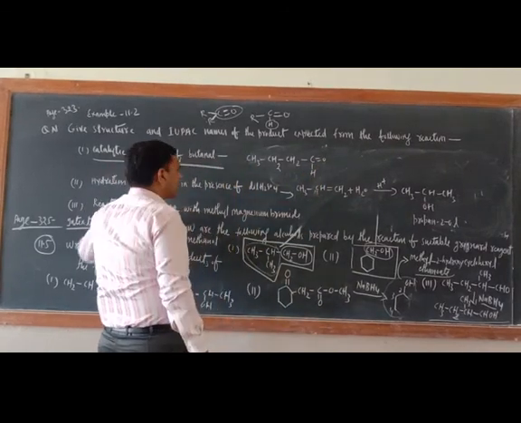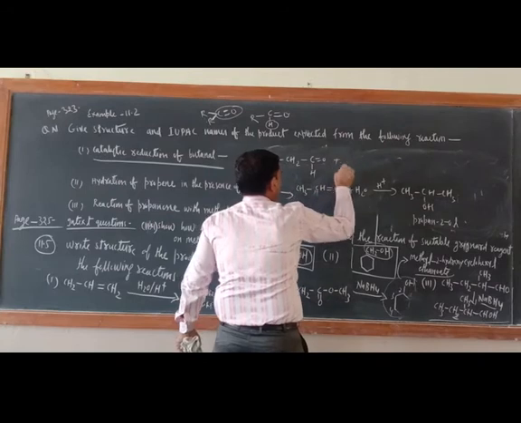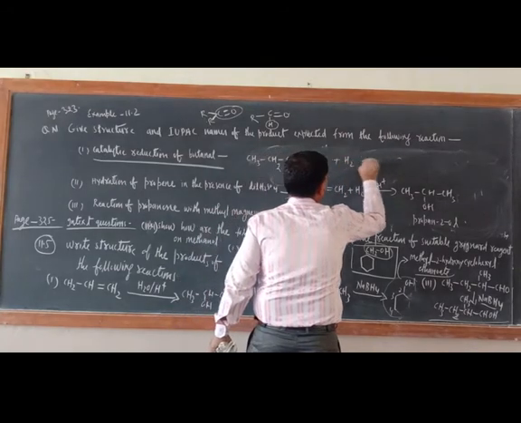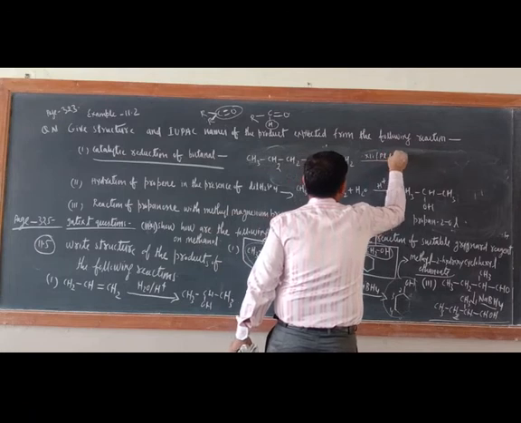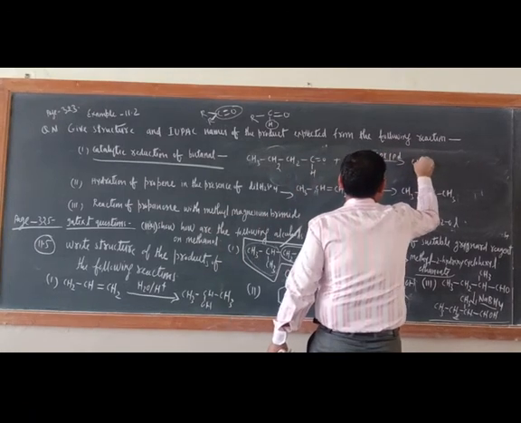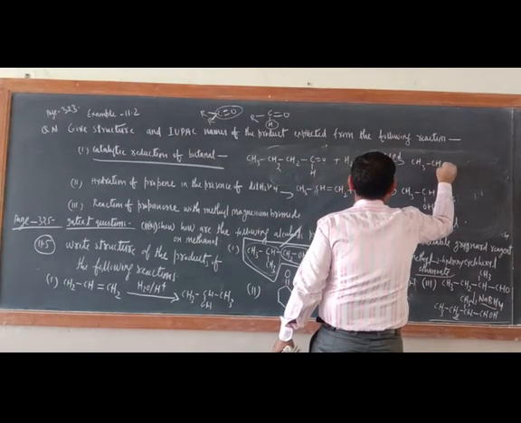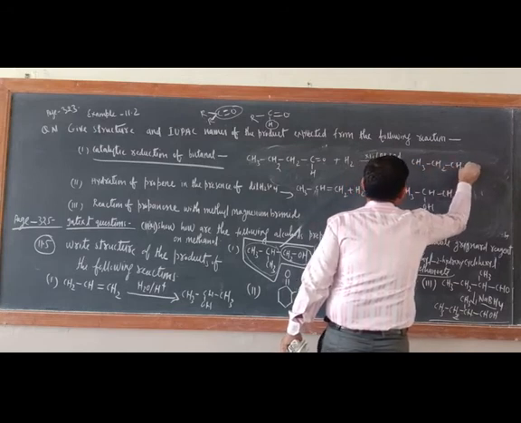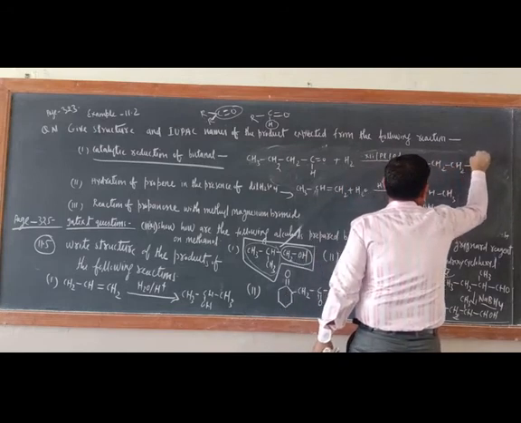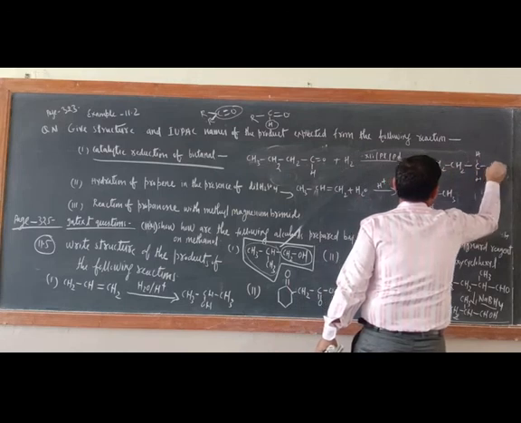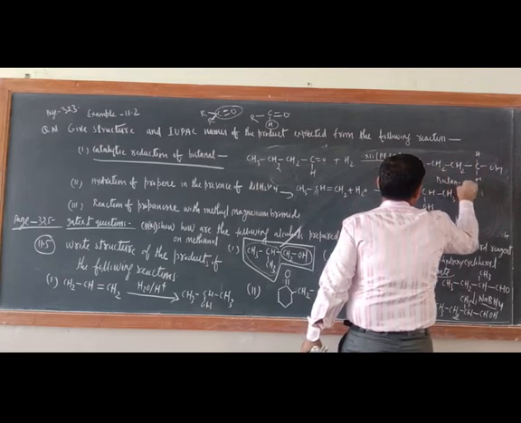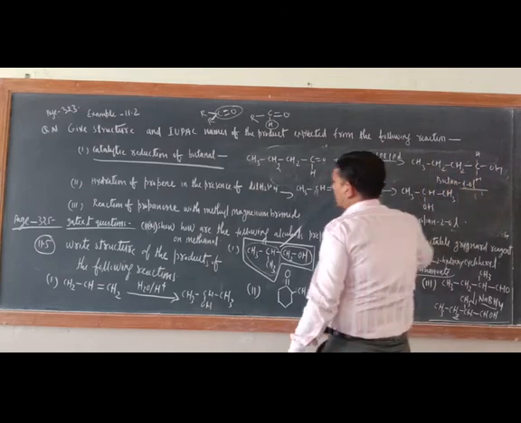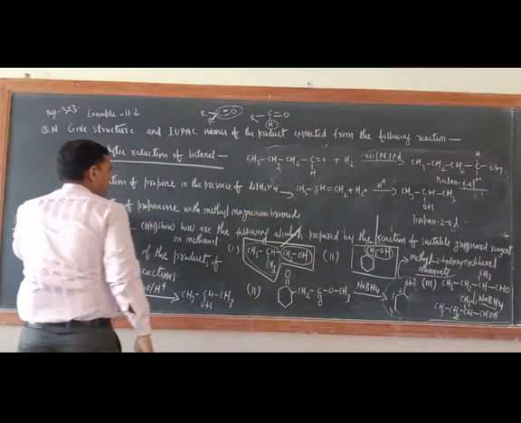Now they are telling catalytic reduction. So a very simple thing, add H2 here in presence of nickel, Pt, Pd. So what is the product here? Product is CH3 CH2 CH2 and here what is there? C, 1 H here and here OH. So what is the product? 1, 2, 3, 4. Butan-1-ol you have got.